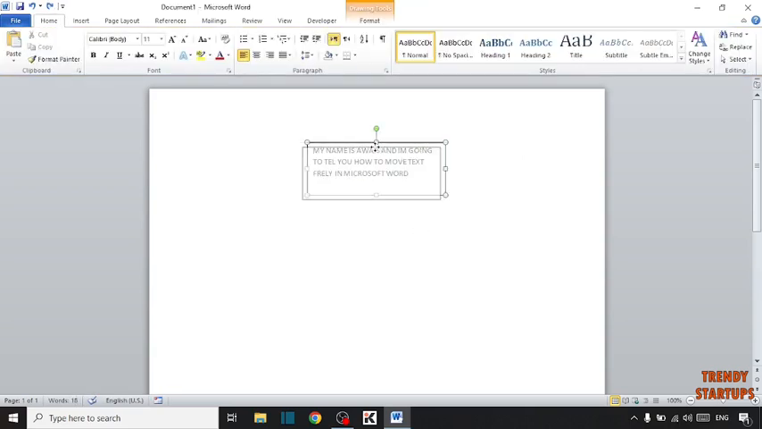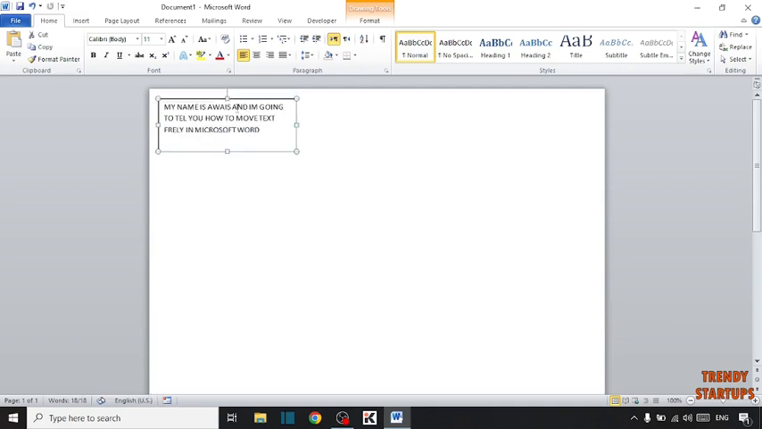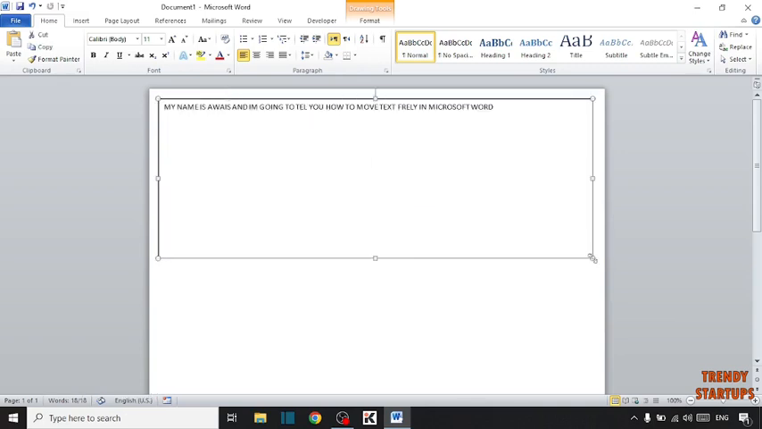To move this text, you have to simply left click on top of the box and move where you want. And you can also increase the size. To increase the size of font,